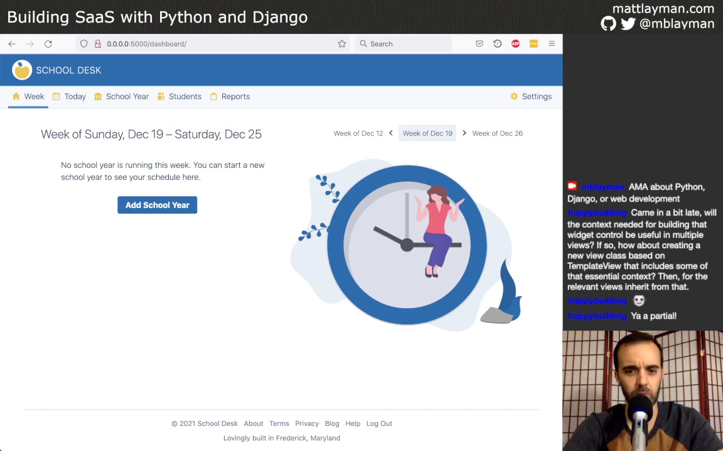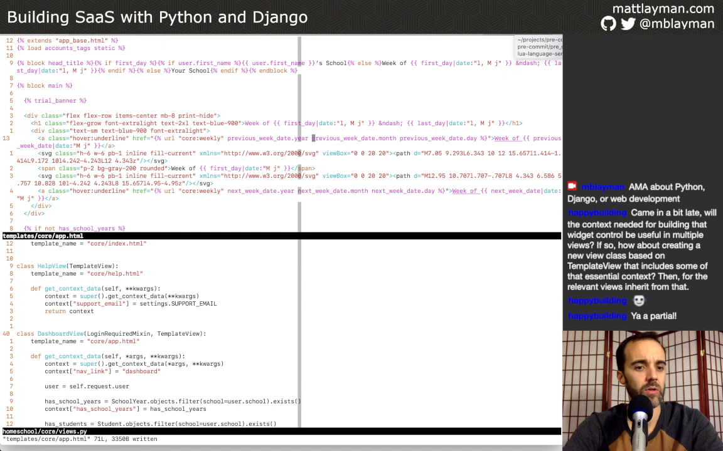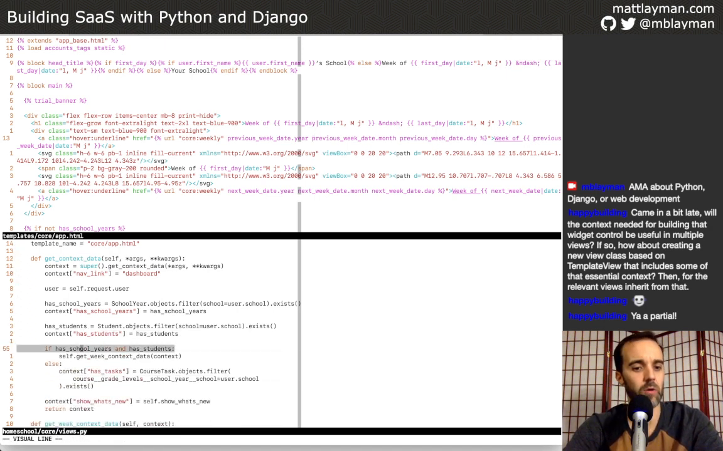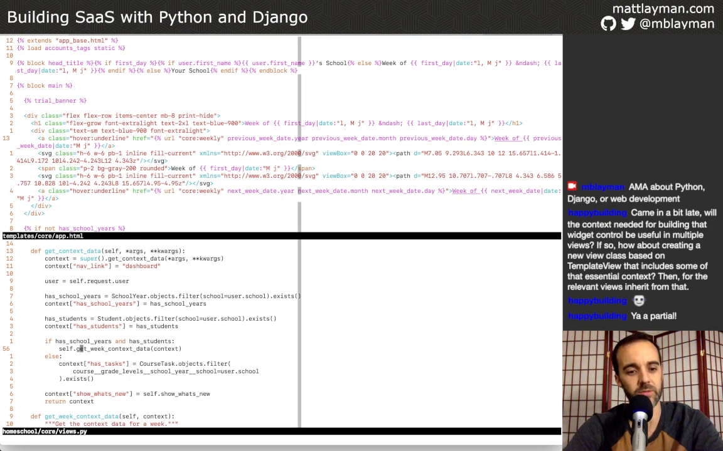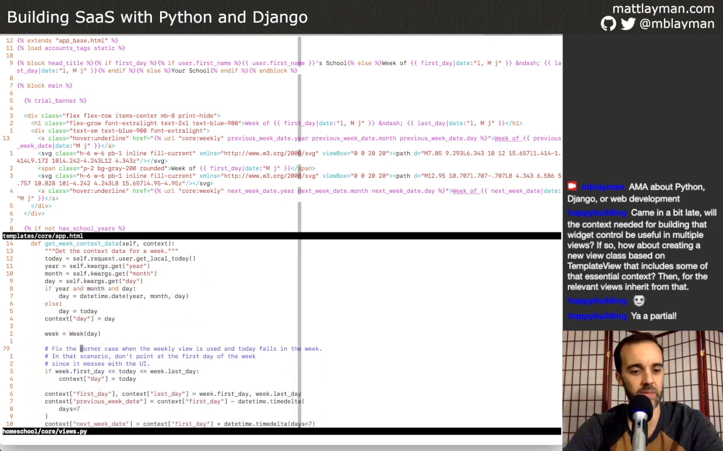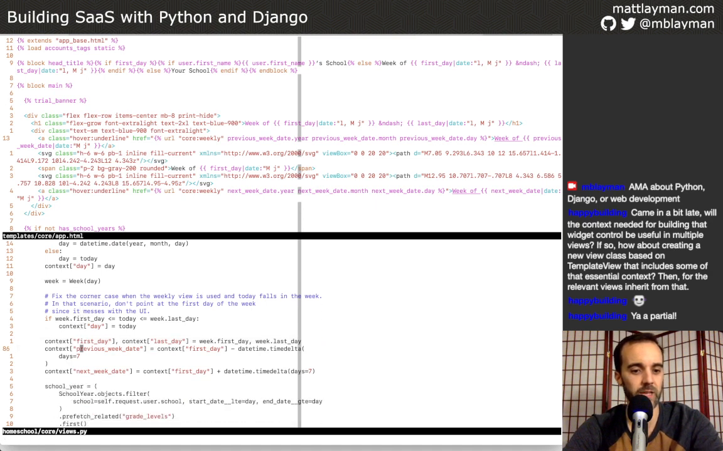So I'm puzzled by this. Why did it not explode? We must have come into a scenario. Oh, we did have a school year and we did have a student. So it did go into this method and then set some of these parameters on first day and previous week